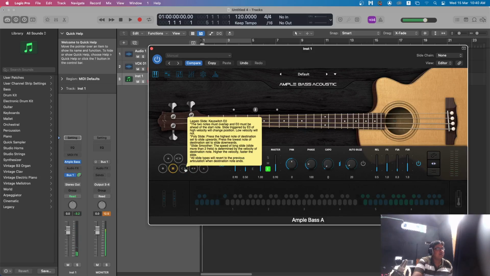All slide types will revert to the previous articulation when the destination note ends. See, it's designed so beautifully. You need to understand this first, and you have to think like a bassist actually. These VSTs in general,